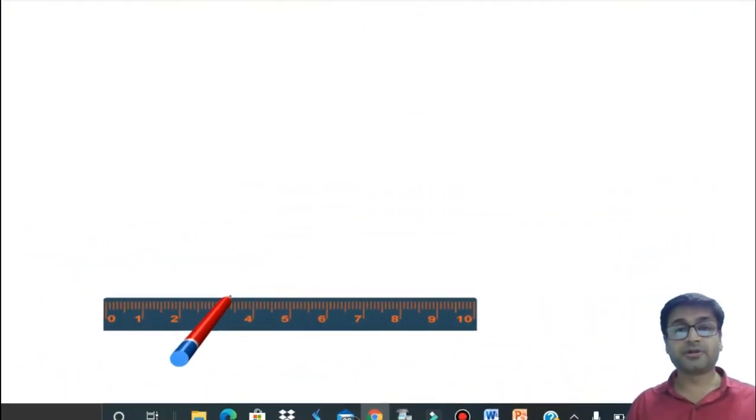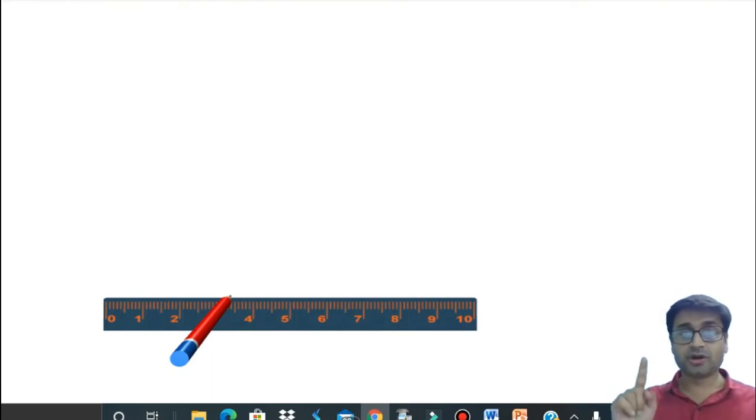The next sum I want you to try is 32 part 2. This is construction of hexagon where the base is given to you as 3.2. Very important question. Why? Because even in 10th standard there is construction of hexagon, and every 2 or 3 years maybe once it is seen in the board. So I want you to give me 100%. If you listen to me carefully, I will see to it that I teach you so well that you will never go wrong with this.